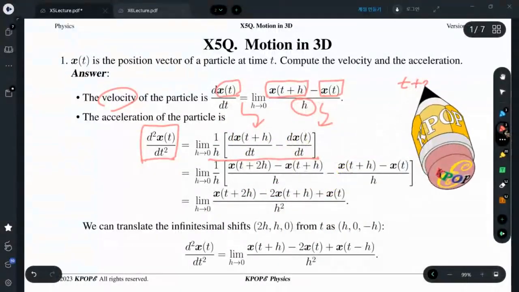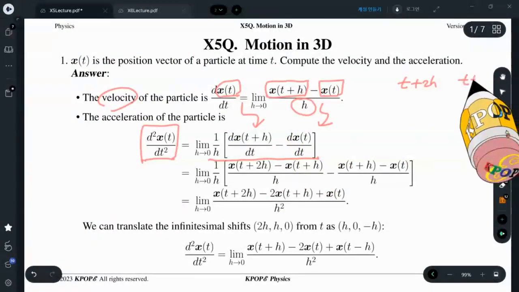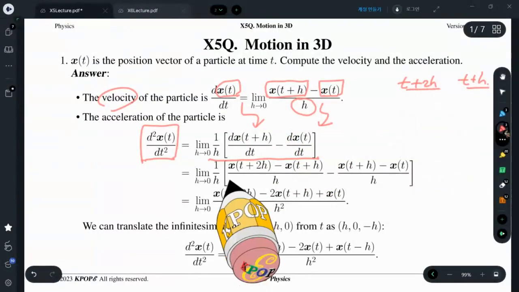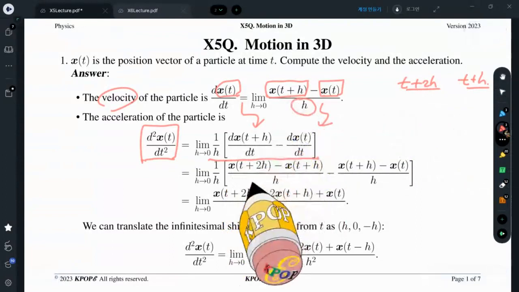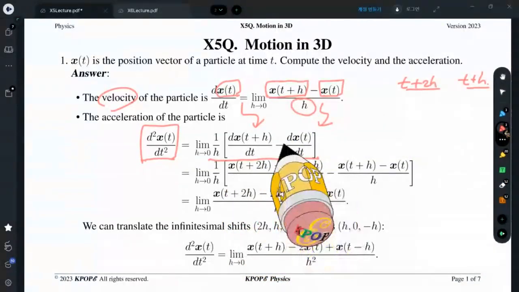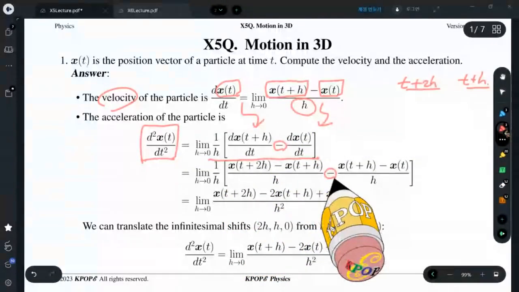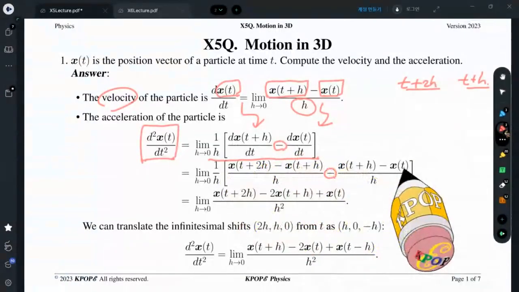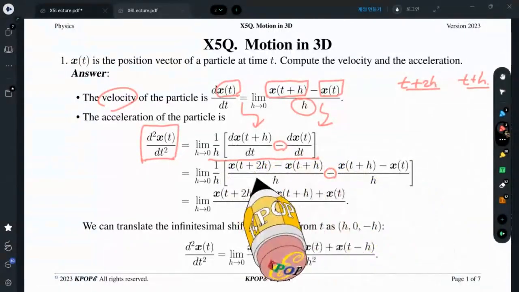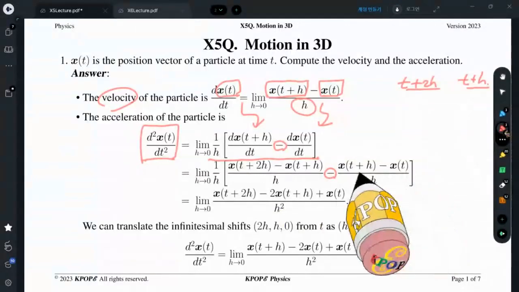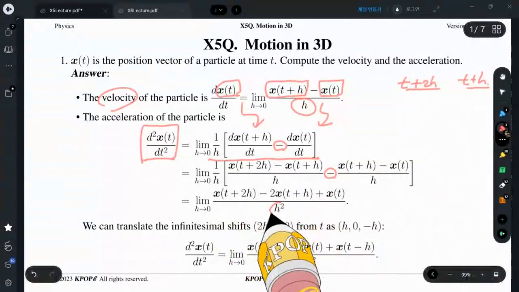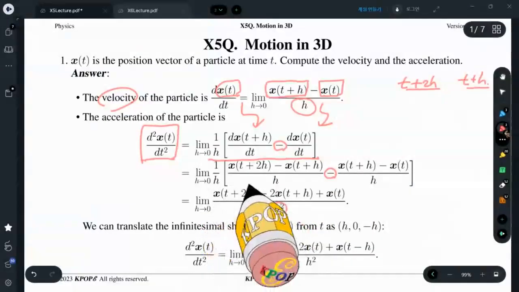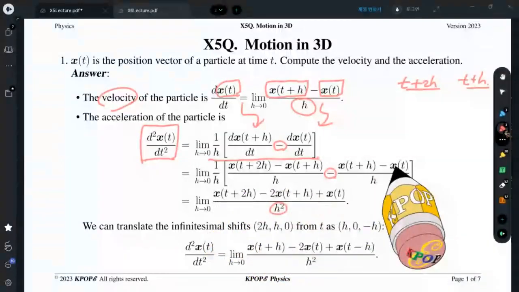Then it becomes t plus 2h and t plus h. So the argument will be shifted in here, and we need to subtract it measured at time t. If we expand everything all together, we have h squared in the denominator, and the numerator